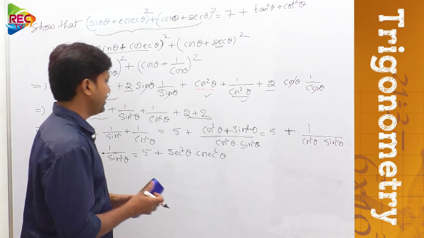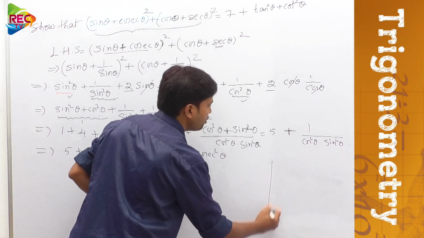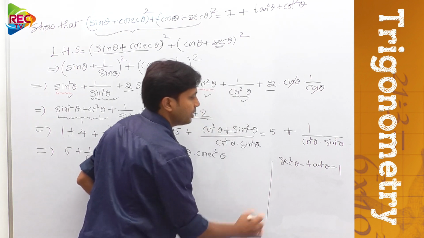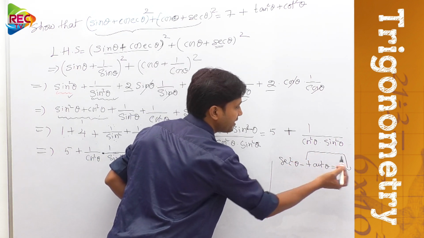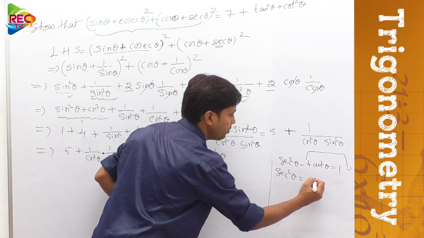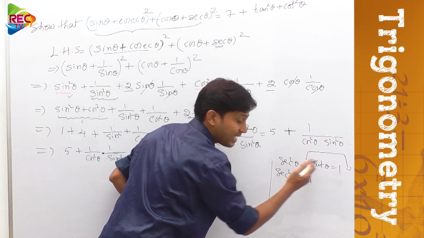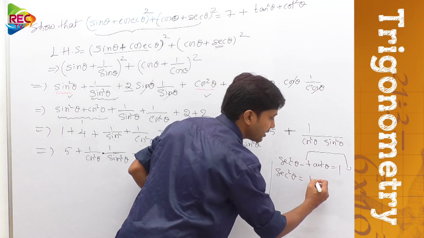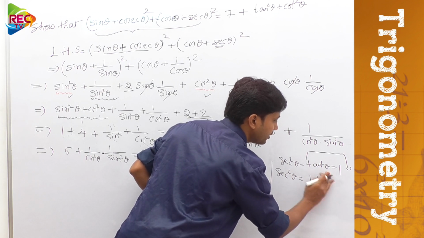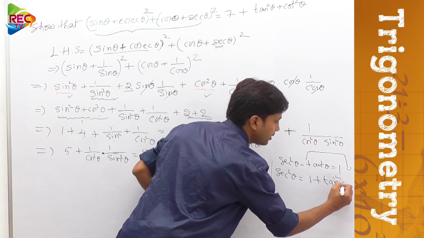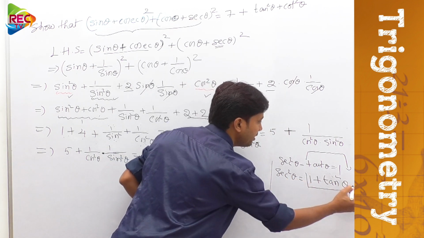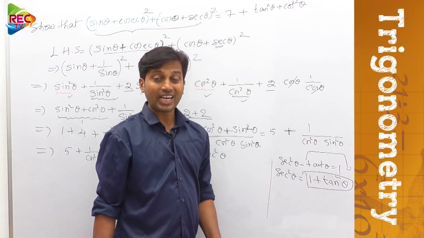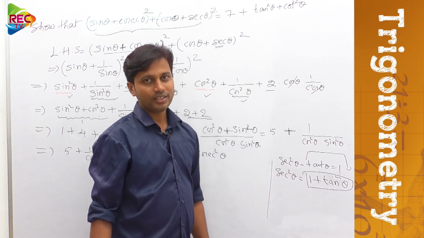Okay, just see here. I think you know secant square theta minus tan square theta would be equal to 1. So now on moving this tan square theta to the other side, secant square theta equal to 1, this minus becomes plus, means signs are changed while we are transferring this term to the other side. That means 1 plus tan square theta, right? So here secant square theta can be replaced by 1 plus tan square theta if you want to convert secant square in terms of tan square.